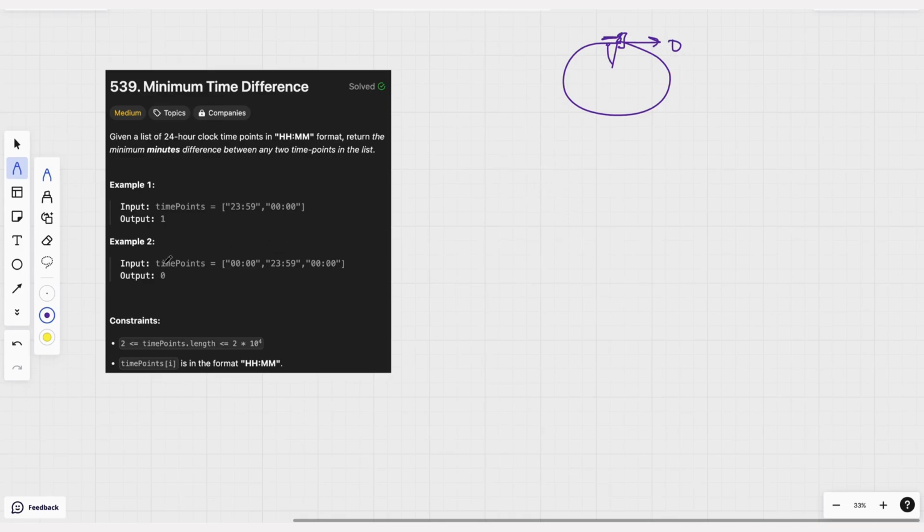To approach this problem, we can first convert this time into a format such that we can find the difference between those. So for this, let's say this is HH:MM and we have to find the minimum time in minutes. So let's convert these timings into minutes itself. For that, we will have our step 1, which is, let's say we need to convert